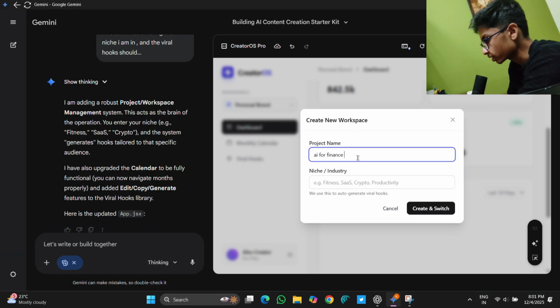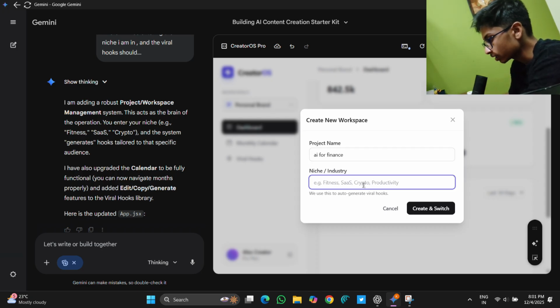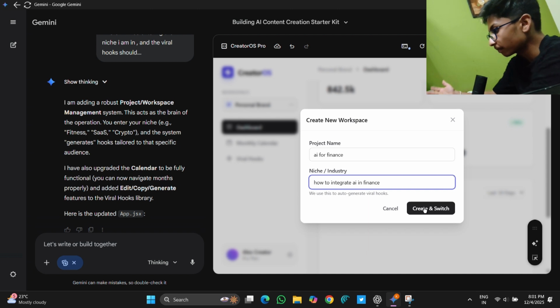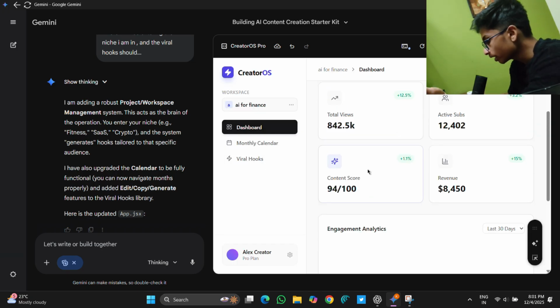So create and switch. So yeah, as soon as you switch, I think viral hooks will be okay. See, this is a simple feature, and it also gives, stop ignoring this if you want results. So it gives you this, and you just have to integrate some API keys, and yes, it is a complete ready SaaS tool in front of you. And I think I can